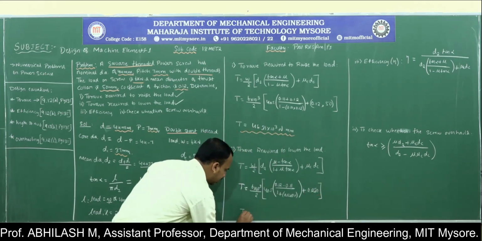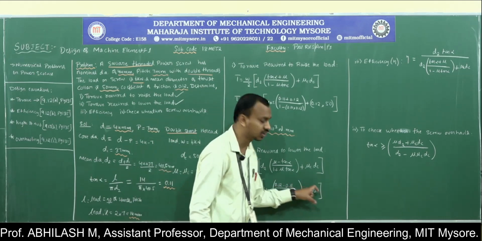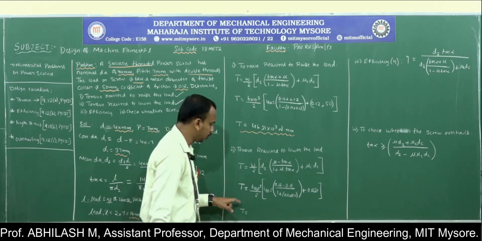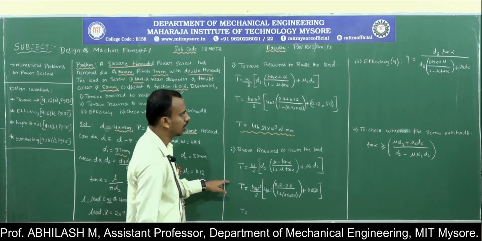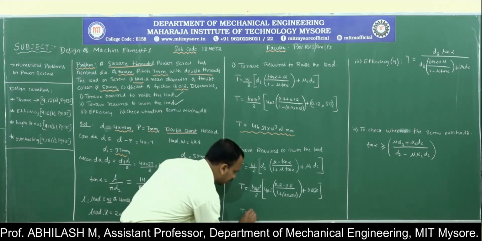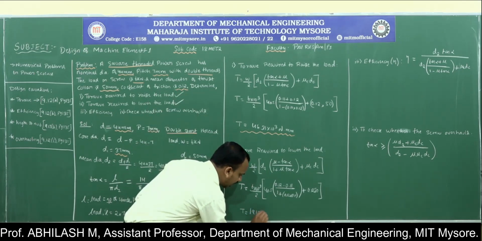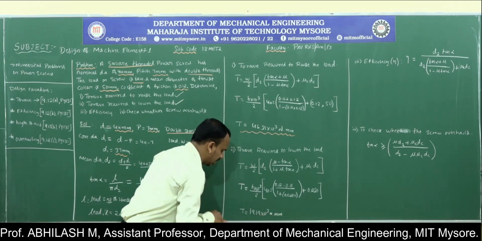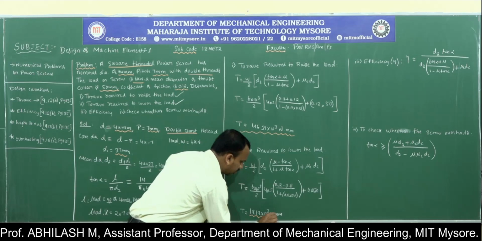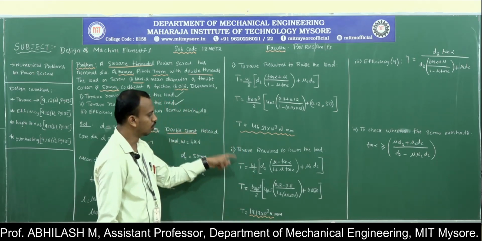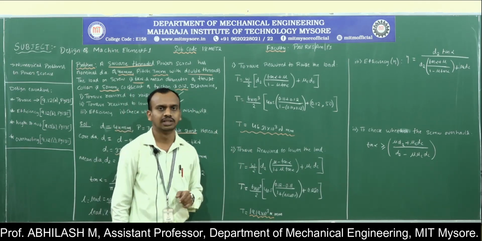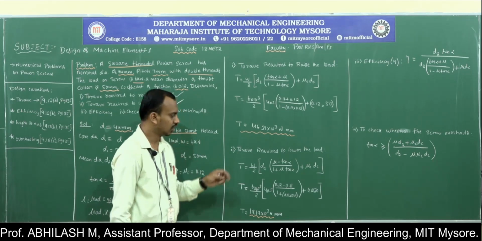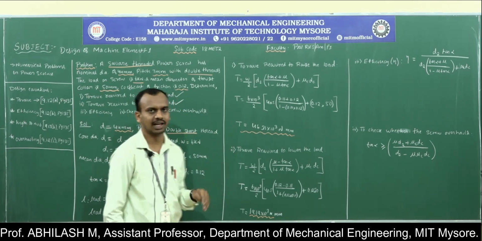After substituting all the values and doing the calculation, we are going to obtain the torque that is required in order to lower the load, which is given by 19.19 into 10 to the power of 3, and the unit is Newton millimeter. So this is the amount of torque that is required in order to lower this particular load of 6 kilonewton. So this is just a substitution and then the calculation.